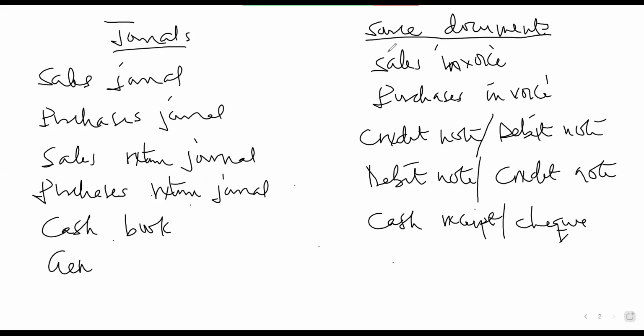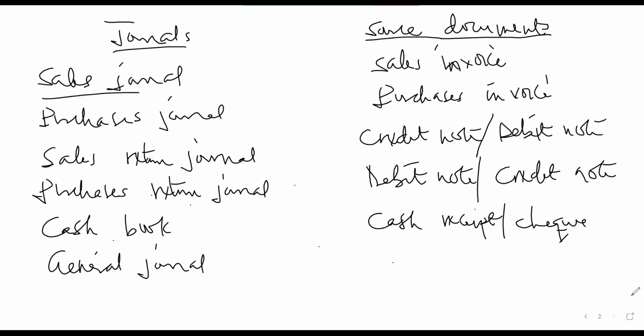So the general journal, what are we going to be using? The general journal, you can also use maybe the asset register. You can also use the sales invoice for the asset or the purchases invoice for the asset, because it's going to be recognizing a sale of asset on credit and also purchase of asset on credit. So we can also get the document relating to the asset, and we can use that one to record that particular transaction. So they can ask you the source document. You have to be able to come with it.